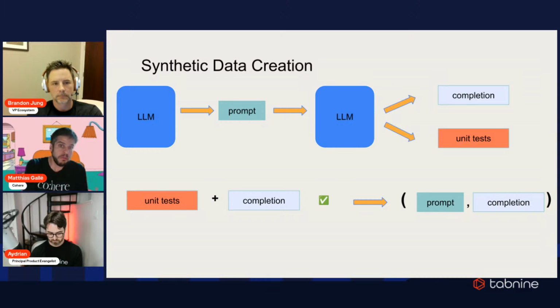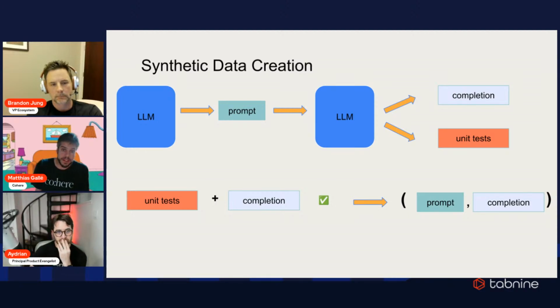There could be 4 scenarios here, right? It could be that the completion is correct and the unit tests are correct, in which case this is a data point we really care about. So this is a good one. It could be that the completion is wrong, but the unit tests are correct, in which case we would remove this data point, and that's good as well, right? So this is a wrong completion. We don't want to fine-tune on this example. We don't want to engrave this behavior.